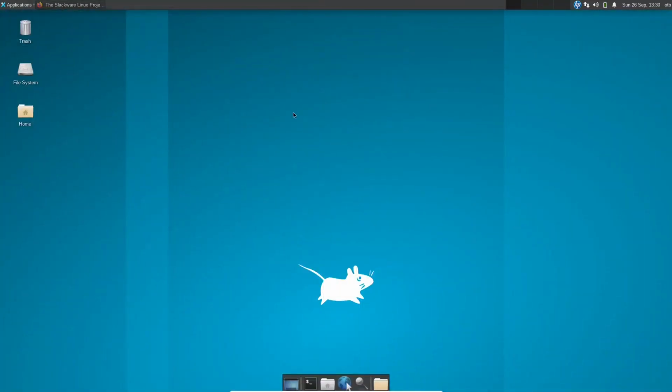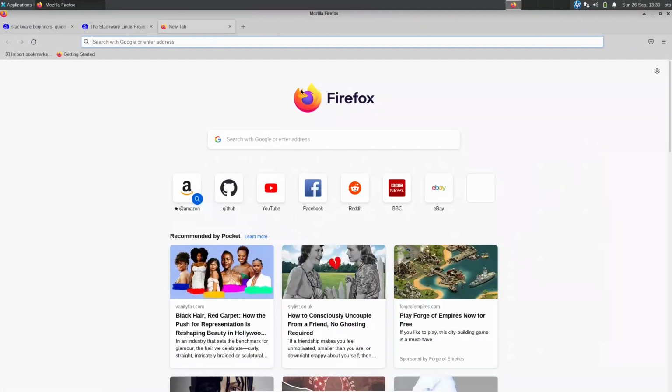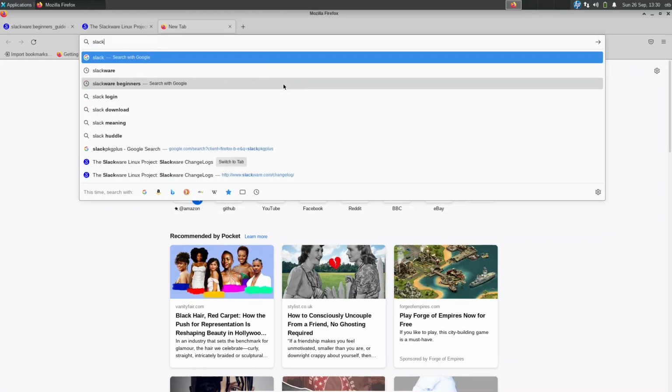So you've got a Slackware system that's fully updated with the latest Slackware packages. You don't need to worry about dependencies at all if you're just using Slackware packages from the standard repo. It gets a little bit more complicated, though, if you want to start drawing packages from separate repos. And one of the packages that you may want to look at is something called Slackpkg Plus,